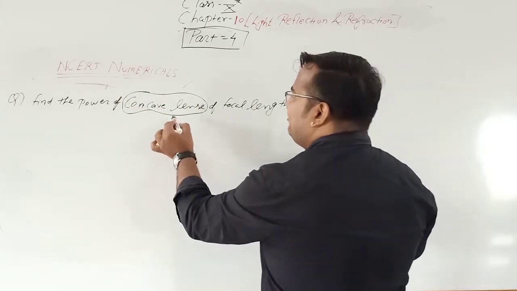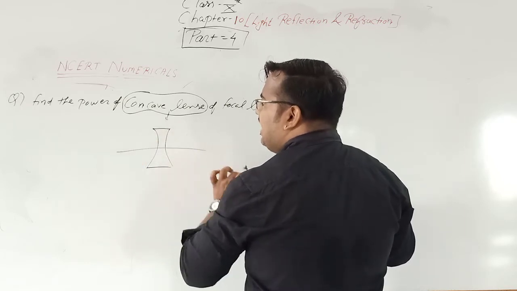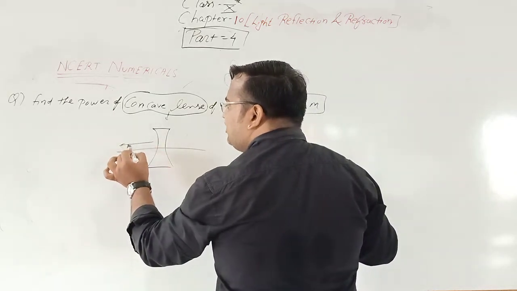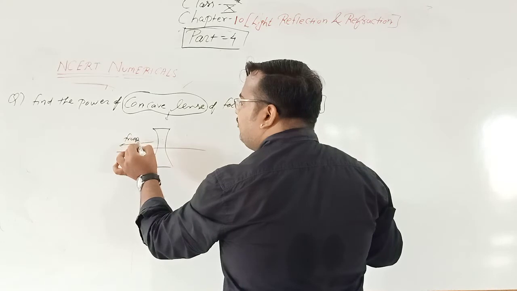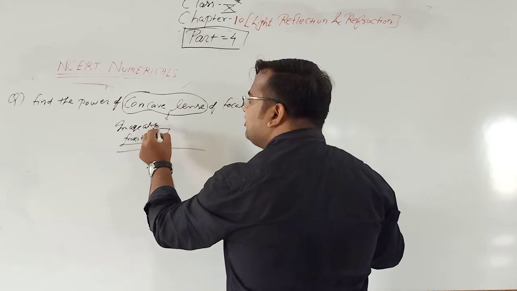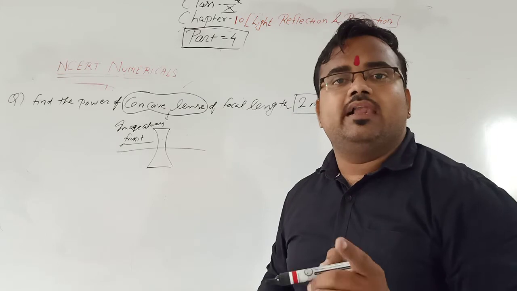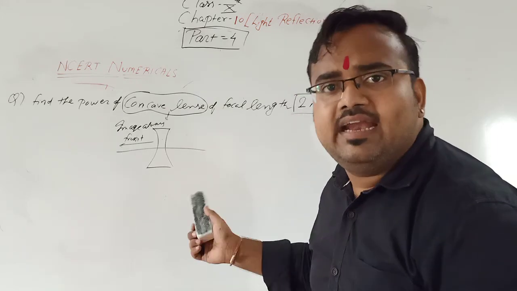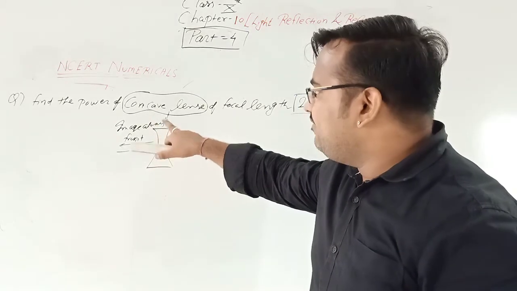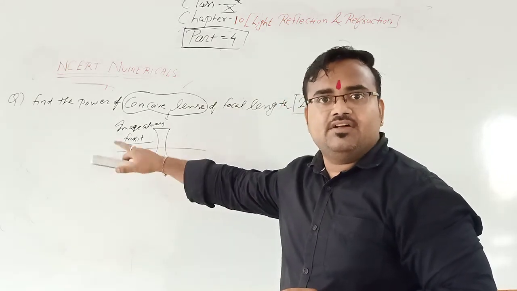So, a concave lens is a diverging lens. As we know, the concave lens is a diverging lens, and the image is always formed towards the left, in front of the lens. To solve numericals, your concept should be clear with the ray diagram. In case of a concave lens, the image is always formed in front of the lens only.